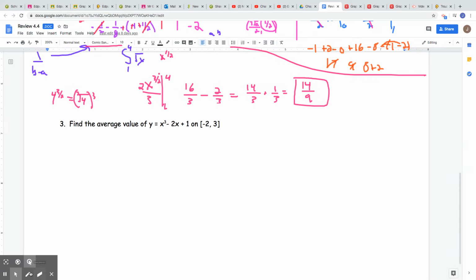All right. Last one. Find the average value again. So this is our b, that's our a. So 1 over 3 minus a negative 2 is 1 over 5. So that's what we're going to multiply by at the end. But before we do that, we're going to take the integral of x cubed minus 2x plus 1 from negative 2 to 3. So you get